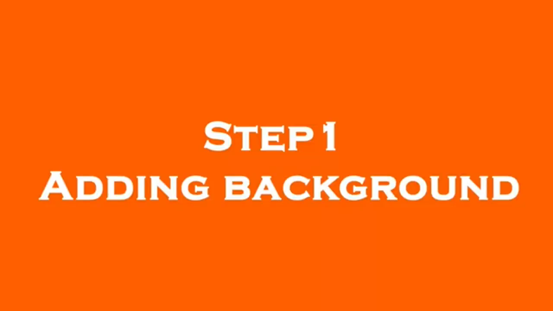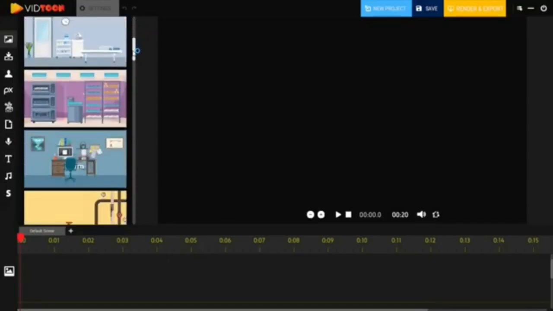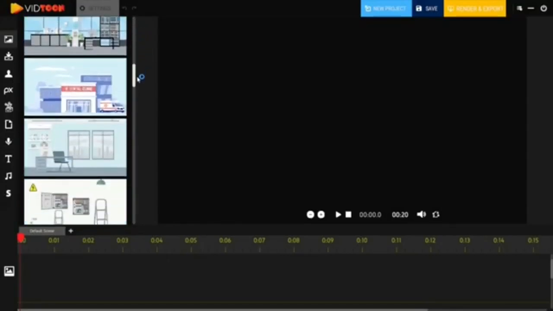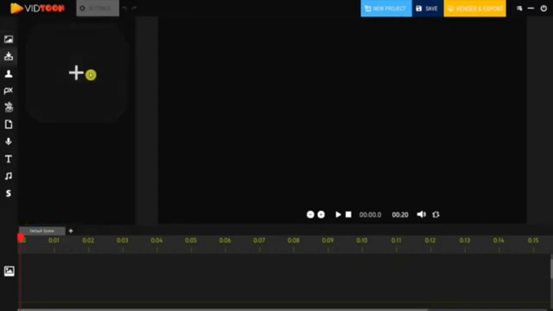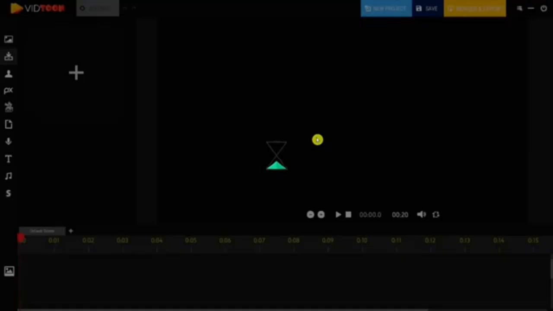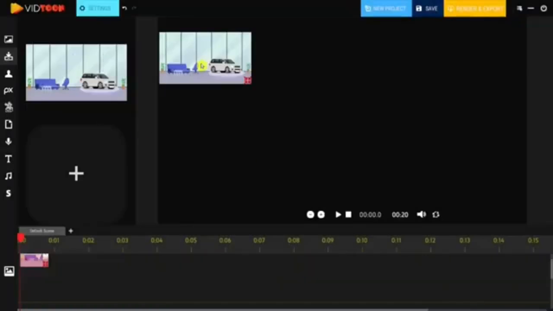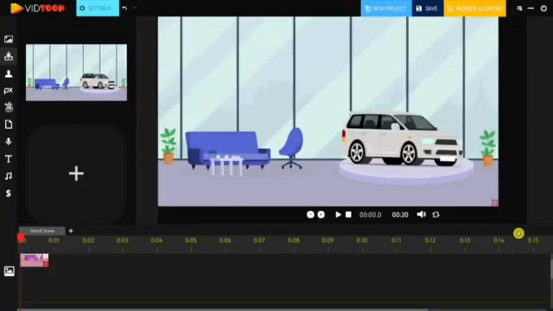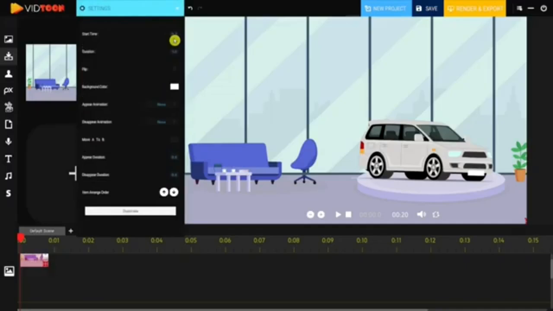Step 1. Adding backgrounds. Vidtoon comes with many ready-to-use and really nice HD backgrounds which you can use right away. You can even upload your own designs to use in your backgrounds too. You simply need to drag your desired background and drop it into the builder box. You can then resize it to fit the screen, and if you click on the settings icon, you'll be able